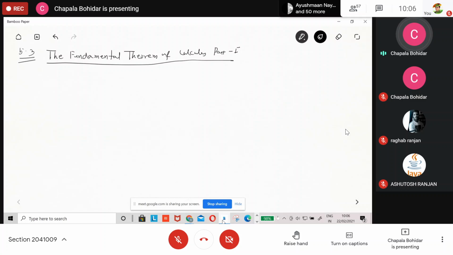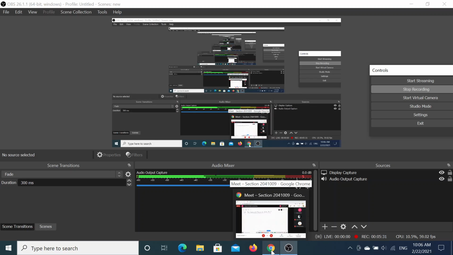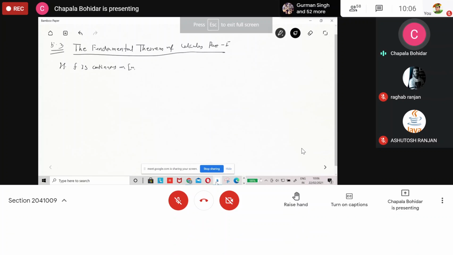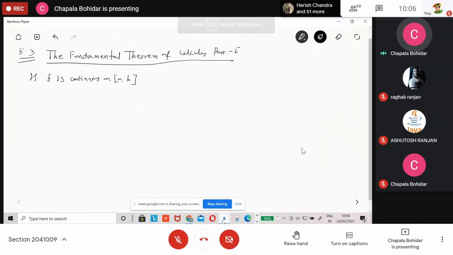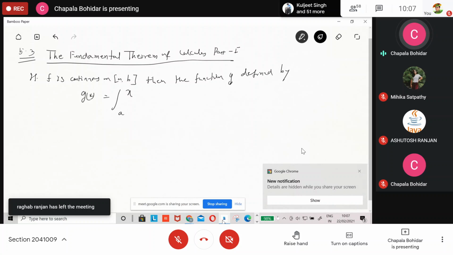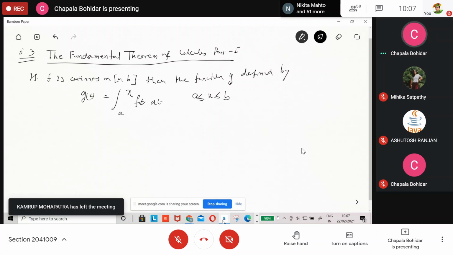Okay. The fundamental theorem of calculus part 1. Write down. If f is continuous on the closed interval [a, b], then the function g defined by g(x) is equal to the integral from a to x of f(t) dt, where a is less than or equal to x is less than or equal to b,